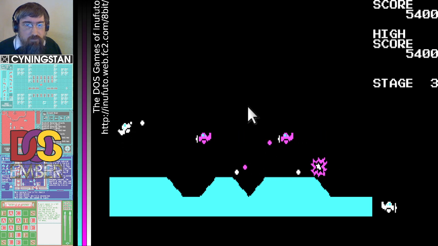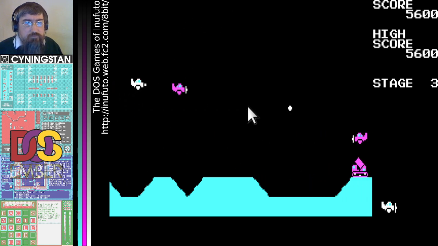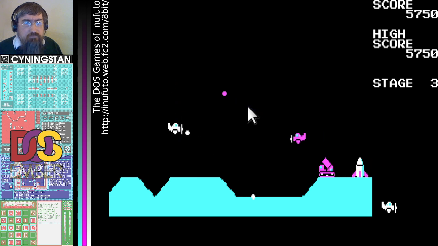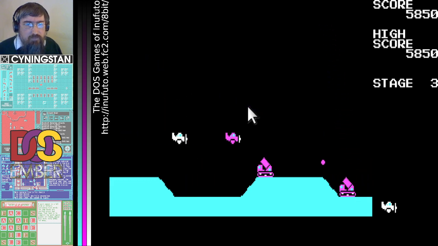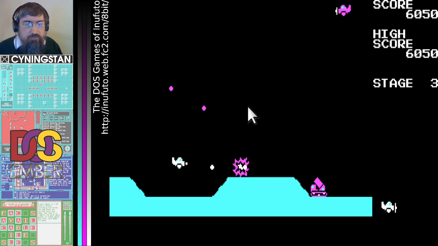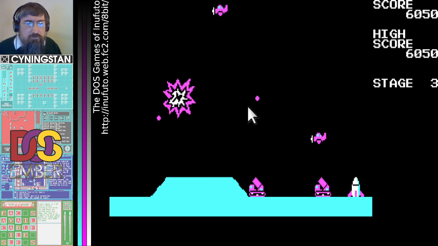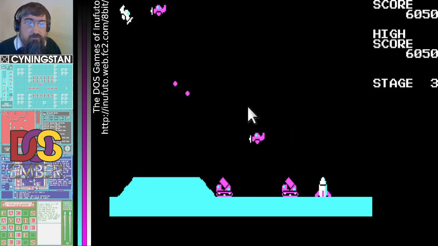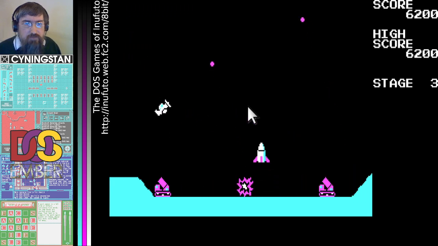Let's get some of these... Oh, the planes are firing back at me, it's very rude. I'd better move off that left-hand edge as well. I see what happens with those planes. They appear right on the level that you're at. Oh no, they don't. Oops. The one that didn't appear right in front of me, or right behind me I should say.